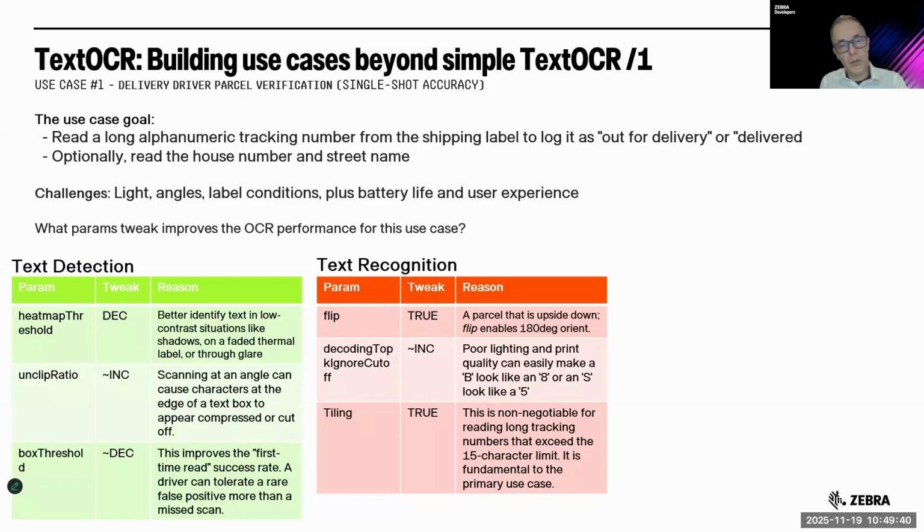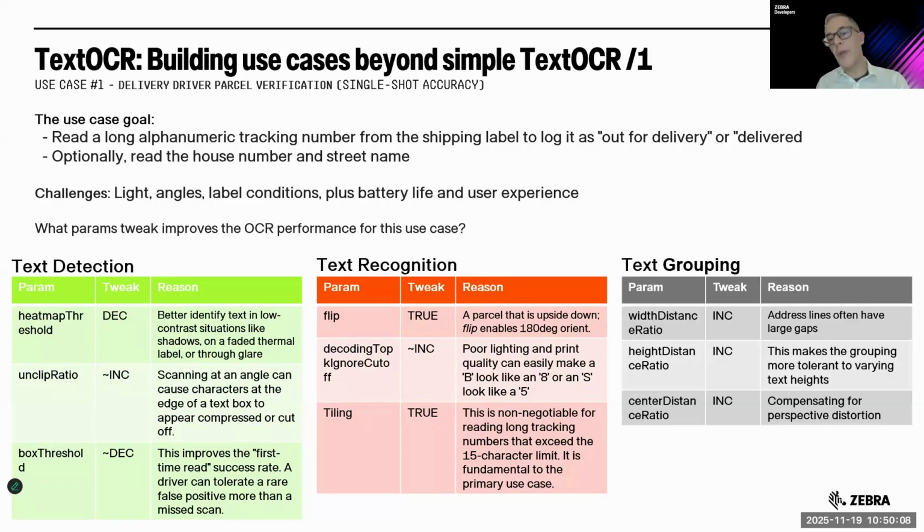Slight increase in the decode top ignore cutoff, because the poor light can easily lead to misunderstanding of symbols like the B and the 8 and the S and the 5 and so on. And also you want to enable the tiling, because tracking number, as I said before, can be longer than 15